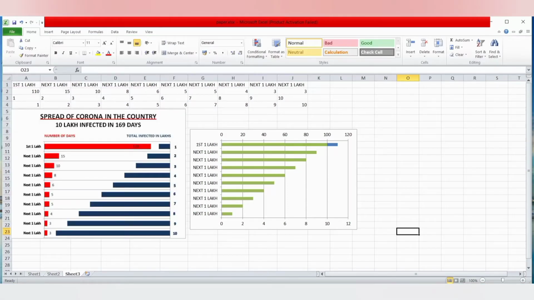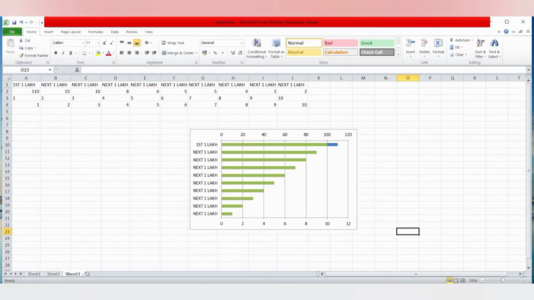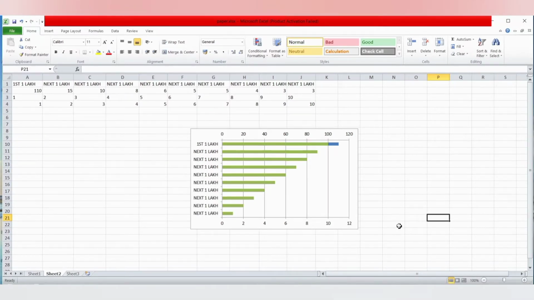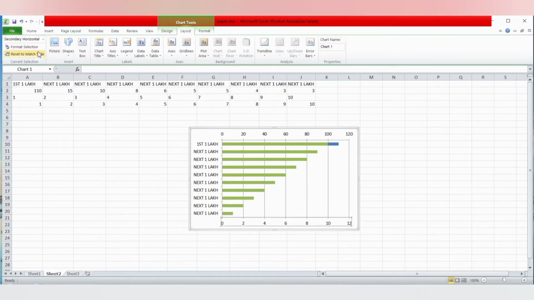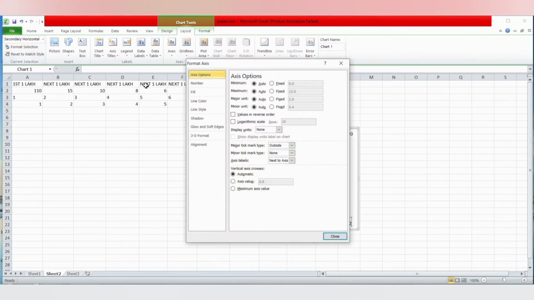In the model diagram, the secondary graphs are on the right side, but in our diagram, it is on the left. So we will move it to the desired side, that is the right side. Now I will select the newly formed secondary axis, go to the Layout menu, select Format Selection and click on the checkbox Values in reverse order.